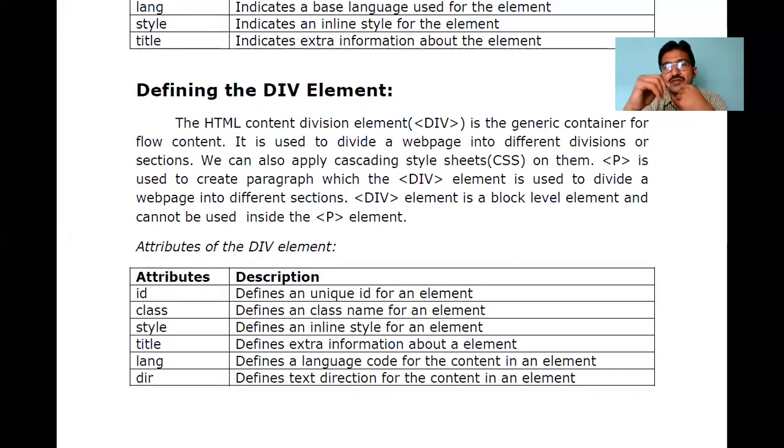So the div element is used for division of elements, which can be applied for CSS purposes. When you want to apply a style for an entire paragraph, instead of one line or two lines, then you can use the div element. The attributes under div are ID, class, style, language, title, direction, right?